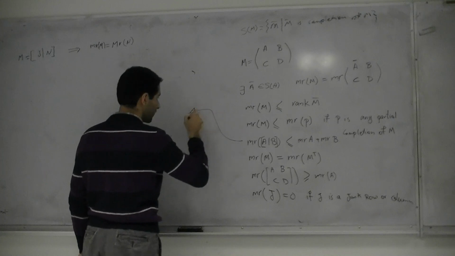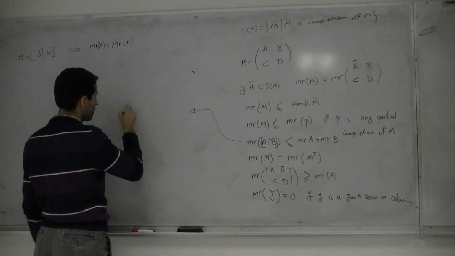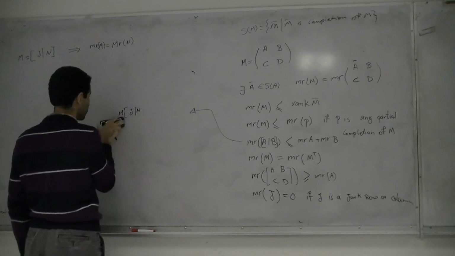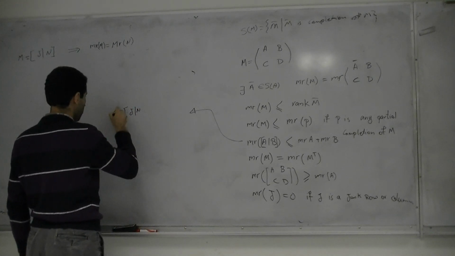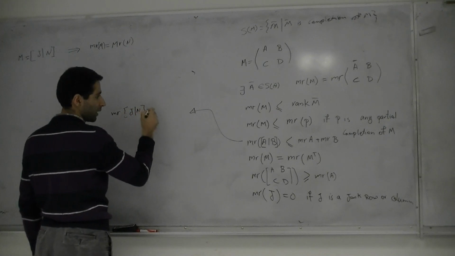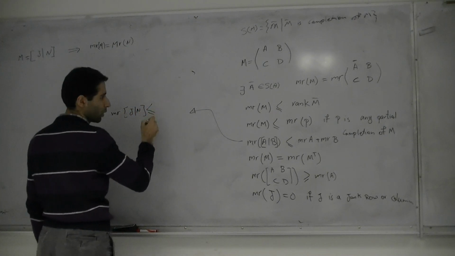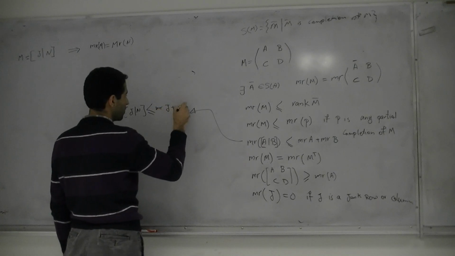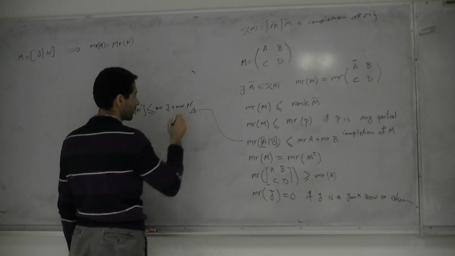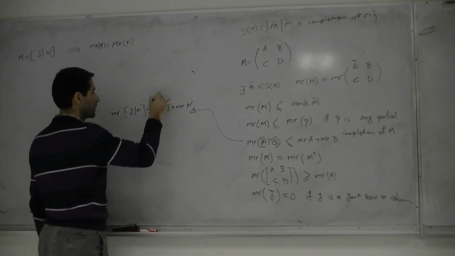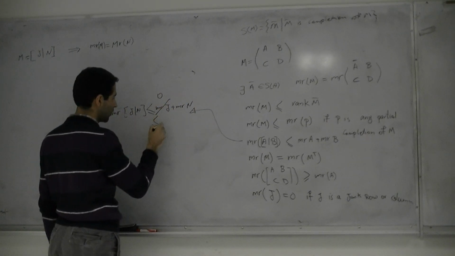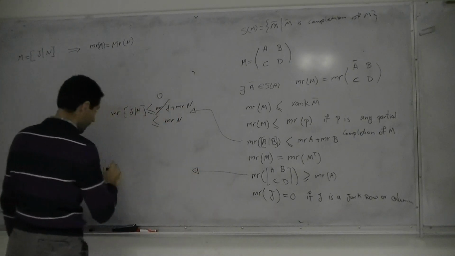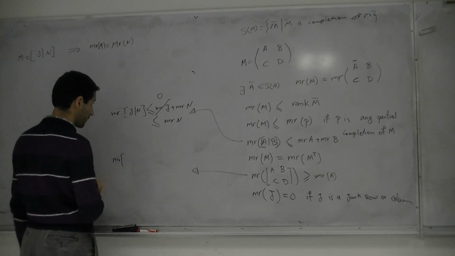From here we have M, J, N. The minimum rank of JN is less than or equal to the minimum rank of J plus the minimum rank of N. Yes, and this one is 0 because it's less than or equal to the minimum rank of N. And from here we have the minimum rank of